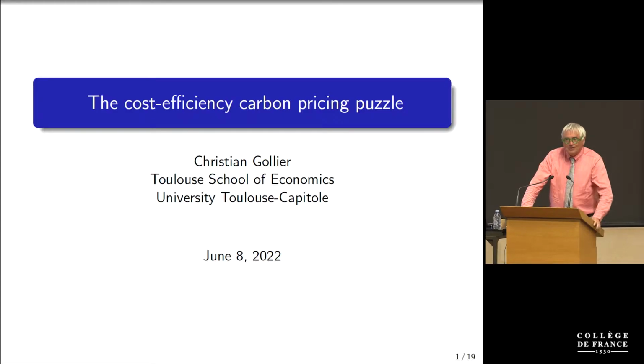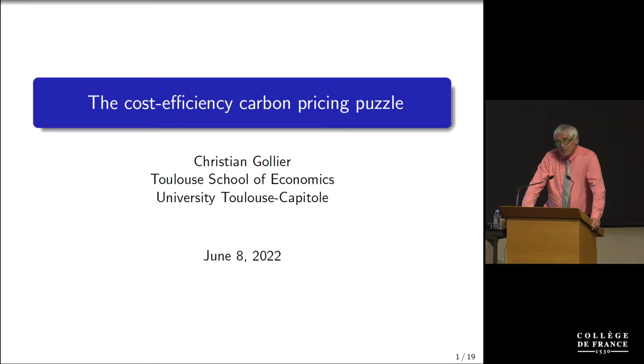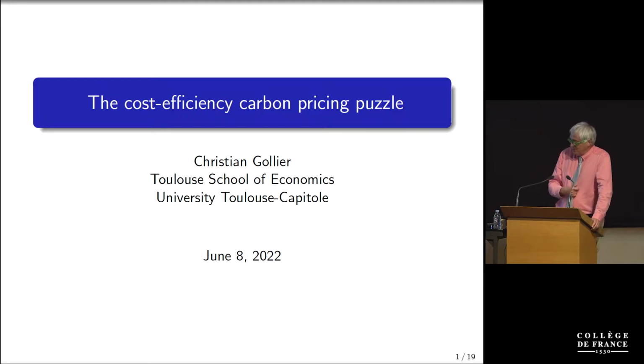Just a comment about what we have seen up to now this morning and early this afternoon. If I go back 15 years ago, at the time of the debate about the Stern report, we were debating about the discount rate. And that debate was structured around the Ramsey rule, assuming that there was no single source of uncertainty here. And so I'm very happy to see now, mostly thanks to the people here who are speakers for today, that